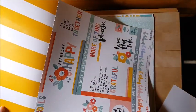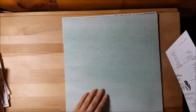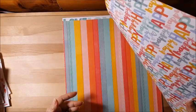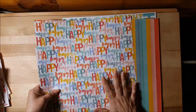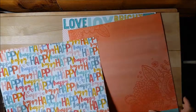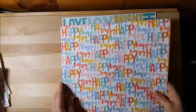And then this is cut apart. So we'll see what happens with that one. Maybe I won't even cut the flowers out. Who knows? This one is like a light mint green. Oh yeah. So once again, this is Happy Happy all over, which I will probably use both sides of this page. Love a stripe. I probably won't use that side, so I'll probably use the mint green, the happy, and the stripes to